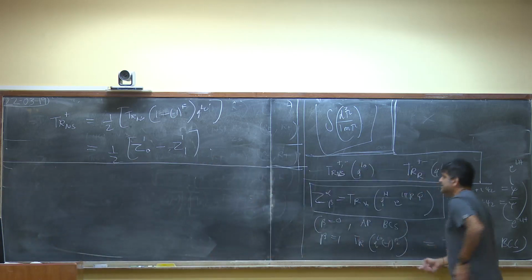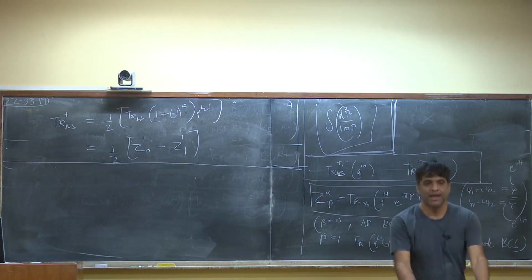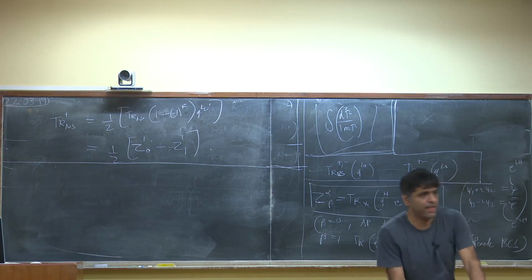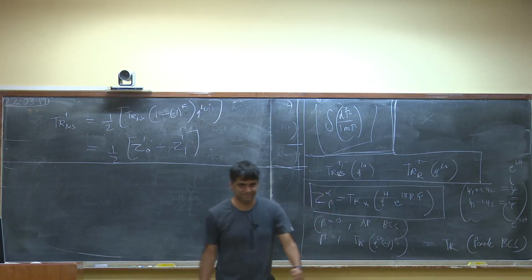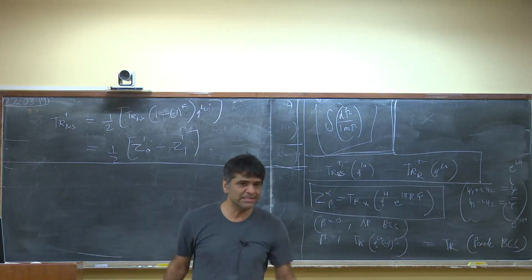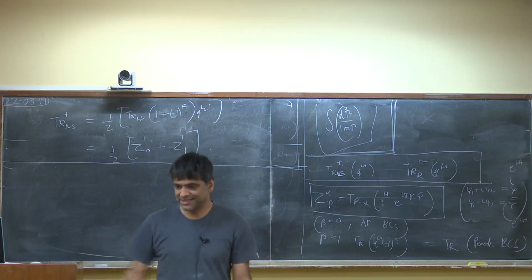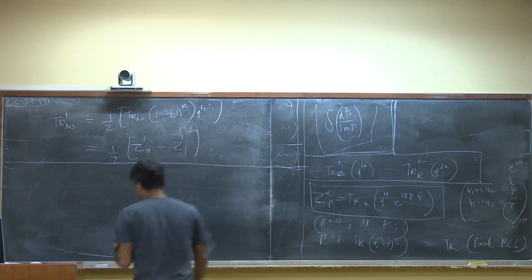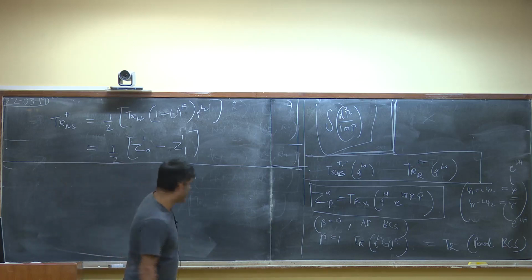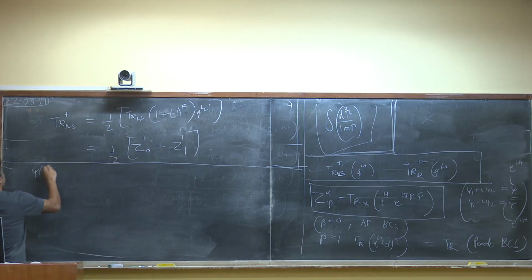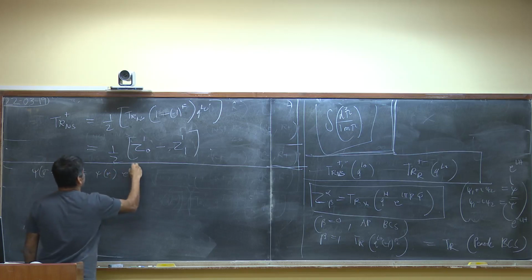What we're doing is computing a trace. Because we're computing a trace, we're just going to do this calculation by going to Hilbert space. So we've got the alpha oscillator, the psi oscillators, and the psi bar oscillators. Now we have to remember what the moding of the psi oscillators and the psi bar oscillators was. But remember what we had was that psi of sigma plus 2 pi was equal to psi of sigma times e to the power i alpha pi.